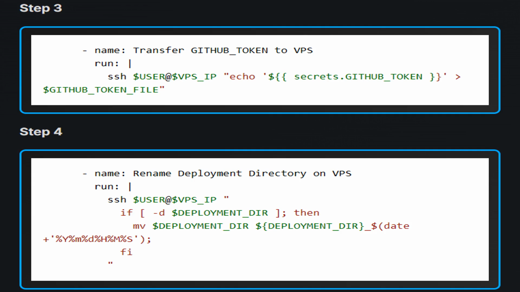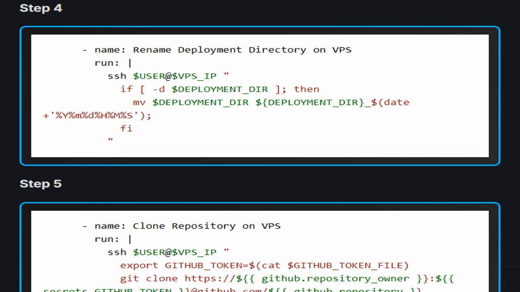Step 3 assigns the GitHub token, retrieved from a secure location, to a predefined file for use in git clone commands, facilitating interaction with the private repository. In Step 4, conditional logic checks if the deployment directory already exists. If it does, it renames the current directory by appending a timestamp, thus preserving old deployments before the new clone